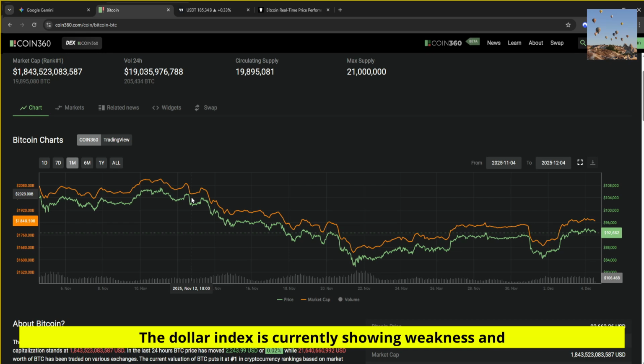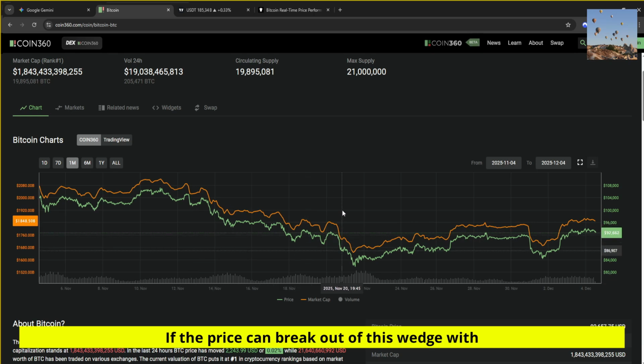The dollar index is currently showing weakness, and typically, when the dollar falls, assets like Bitcoin tend to rise in value. We are approaching the apex of a falling wedge pattern, which is statistically a bullish reversal pattern. If the price can break out of this wedge with significant volume,